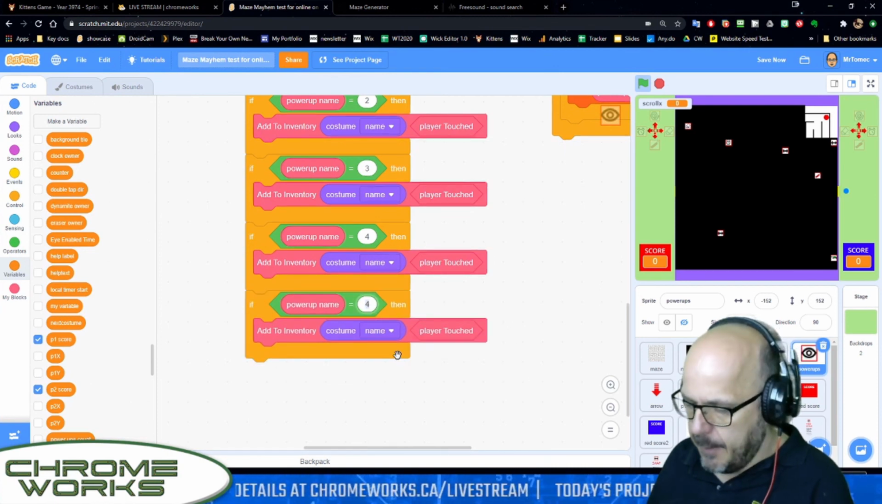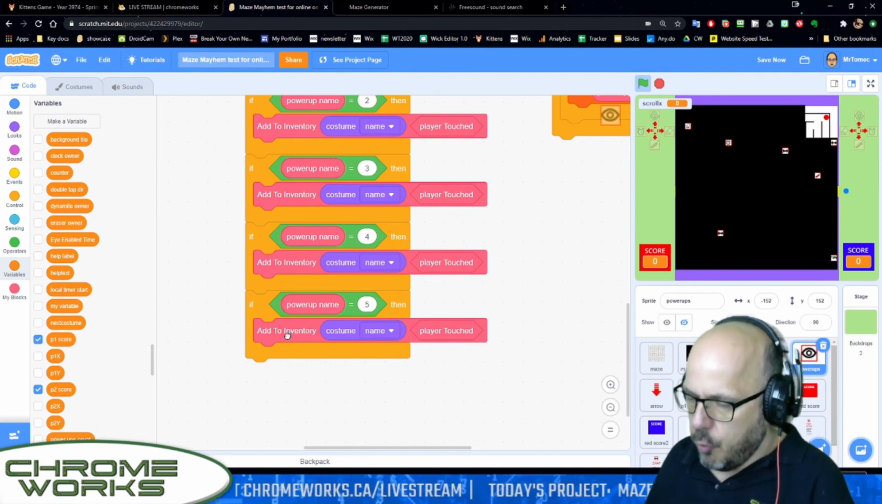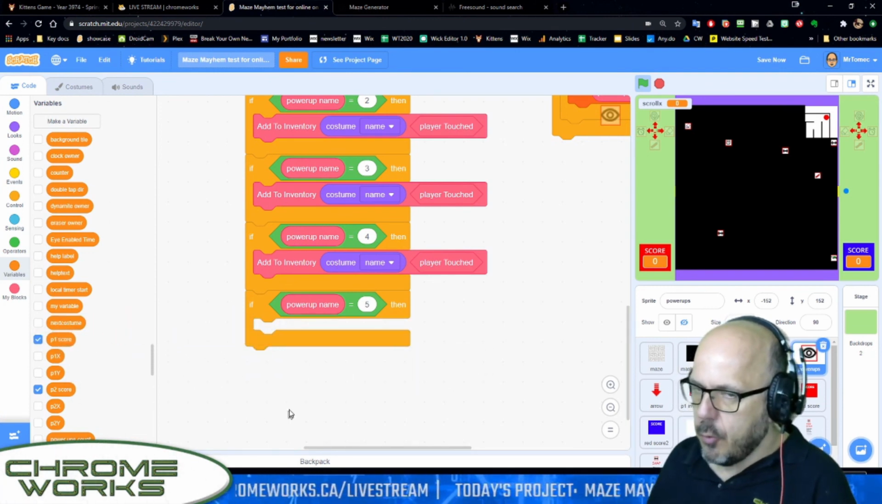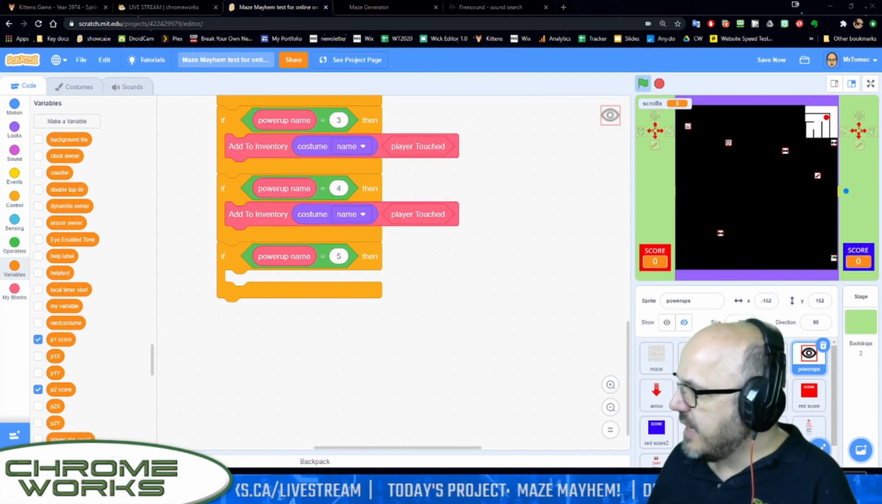We'll change that number to 5, if power-up name equals 5. Let's trash the middle because we don't actually have to add this to our inventory. It's not an inventory item. So all we have to do inside here